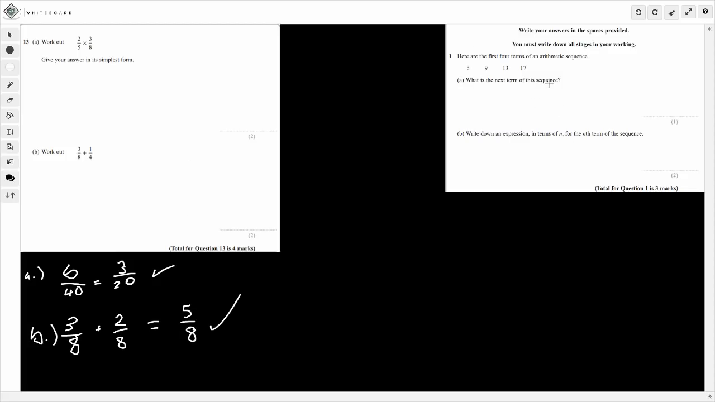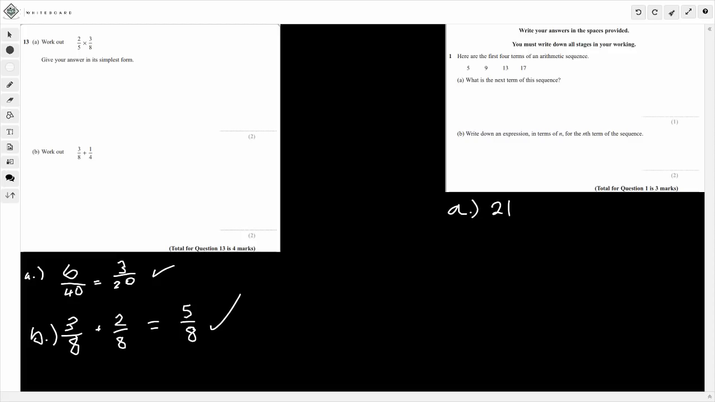Here, we've got an arithmetic sequence. We've got 5, we're going to 9, we're going to 13, we're going to 17. What is the next term in this sequence? Well, you've got to look at what it's going up by. And arithmetic means it'll always go up by the same amount. So to get from 5 to 9, we add 4. To get from 9 to 13, we add 4. And let's keep going. So 13 to 17, we add 4. If we add 4, what's the next term? So that's just going to give me 17 plus 4,